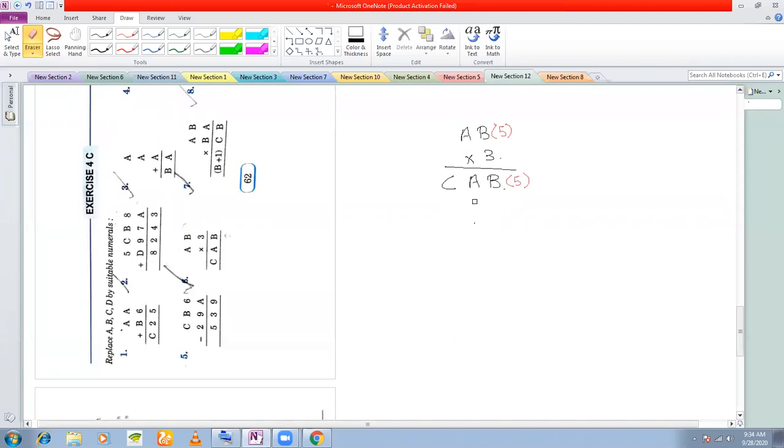So what digit is possible? If you take a as 5, 1 was carry. Let me write the carry. I'm erasing the carry always. 1 was carry here. If I take a as 5 here, then let's multiply. 5 into 3, 15 plus 1, 16 you are getting. But a I had taken as 5. Right? So that is also not possible.